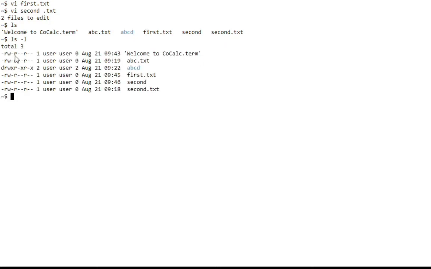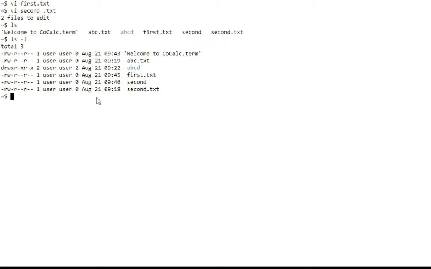So you can see that in the first column, the permission which has been given to those files will be displayed, and in the next column, the user of that file will be given, and in the last column, the name of the files will be displayed. The first dash represents whether that file is a normal regular file or a directory. If it is represented with the letter d, that means it is a directory.